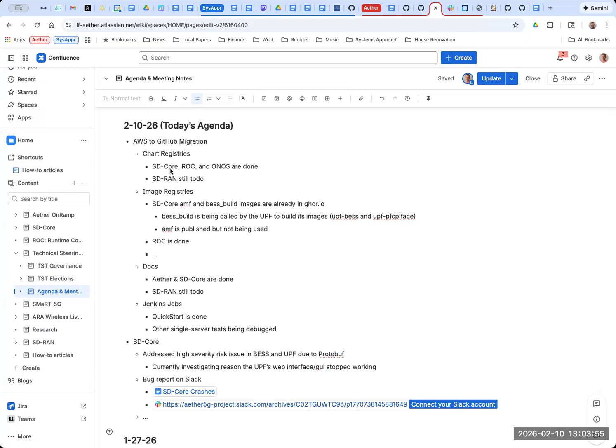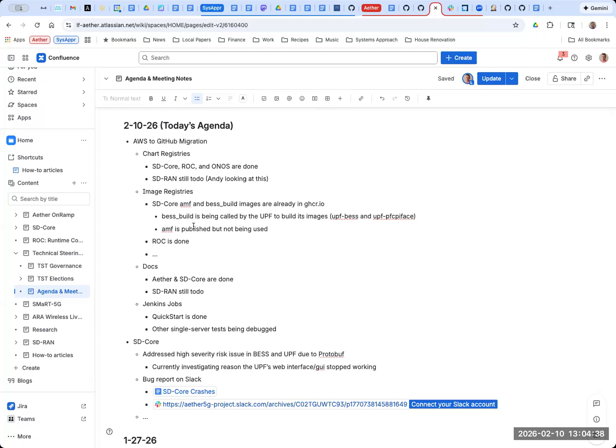Just to make sure that I've got my notes right, with respect to chart registries, if I understood correctly, you've done the ONOS charts, but now it's a matter of the RAN charts that use ONOS. Is that right? Yes, that's correct. I'm starting to look at the SD-RAN charts this morning. Okay. It's on Wu Zhang's agenda too, but he has not been able to find time recently. All right, so we're in good shape there.